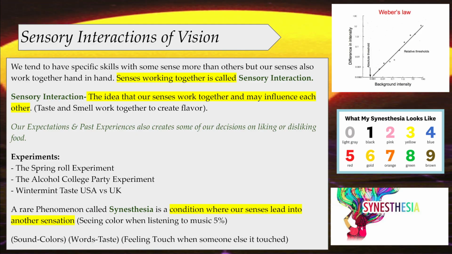Now, a rare phenomenon we want to talk about is synesthesia. This is a condition where our senses sometimes cross and kind of lead into each other. What this means is they might go into this blended form of sensation. We might see color when we listen to music, or when we hear words, we might have a taste in our mouth. Basically, two senses are firing together, even though we're only taking information from one sense. If we're taking in something visually, we might hear something that connects with what we saw visually.